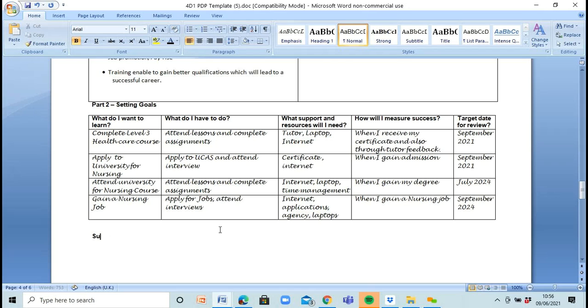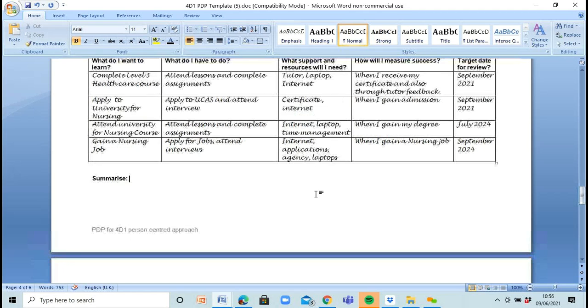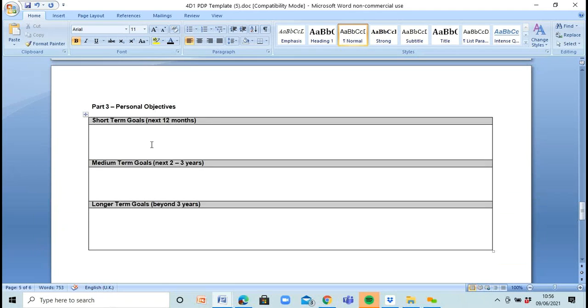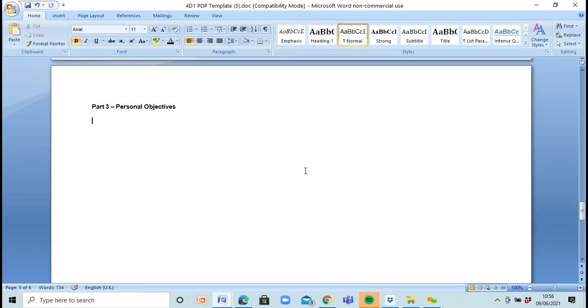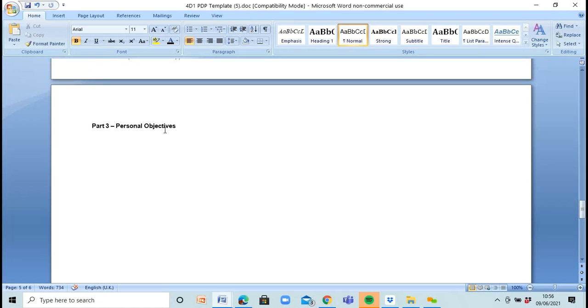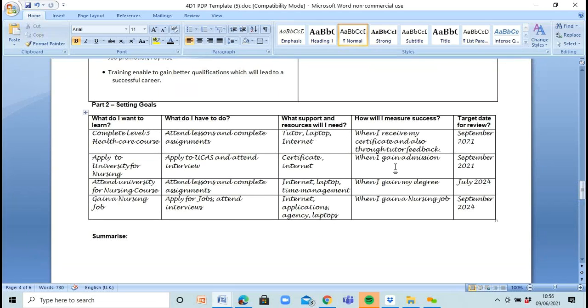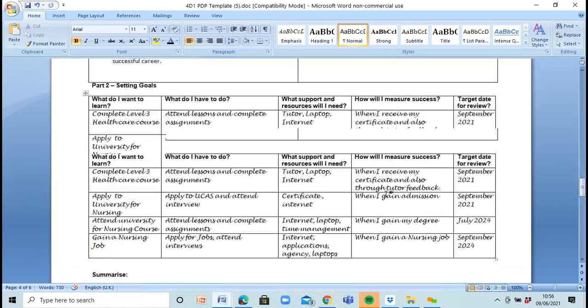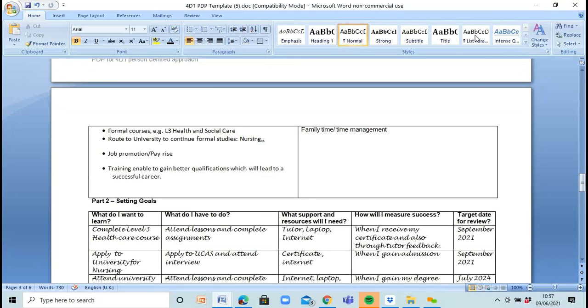So summarize and then just put a couple of sentences on here. This is what I want to do. This is what my strengths and weaknesses are. This is what I've identified and these are my next steps. And that's it. And then we've got personal objectives. We don't actually need these, so we're going to get rid of those. And that's it. Because you've already put down your objectives and what you want to do, setting goals on here. Brilliant. So I'm going to stop